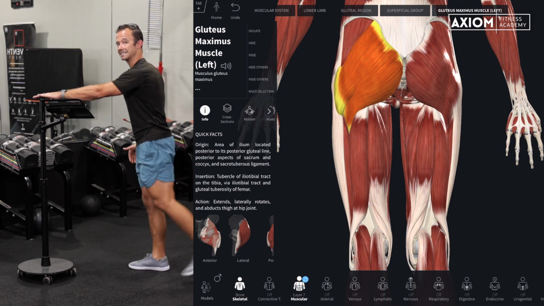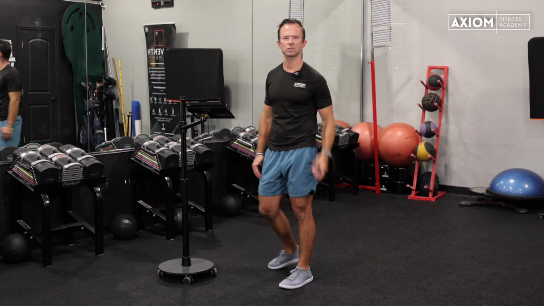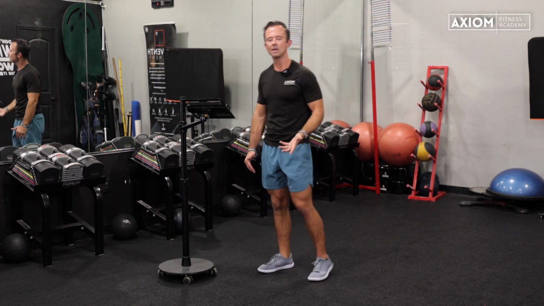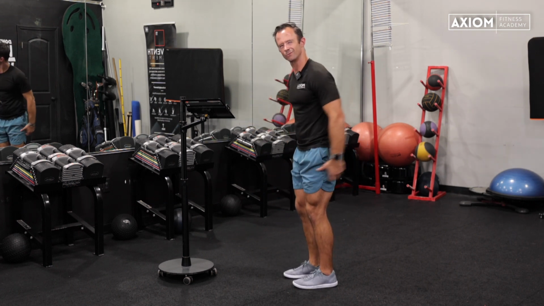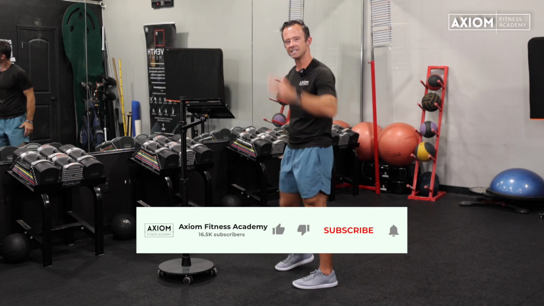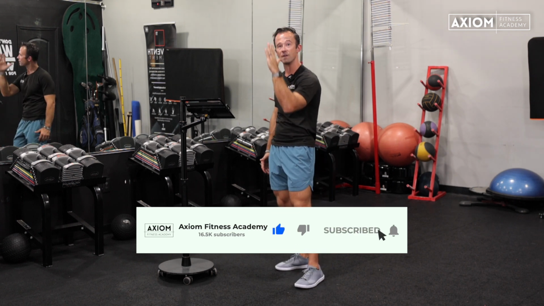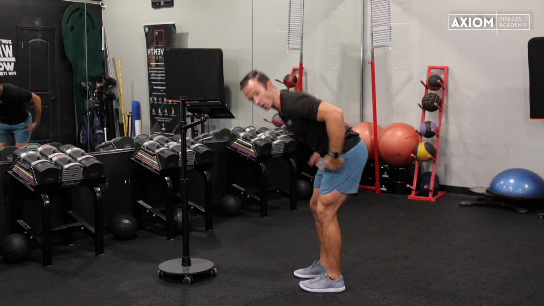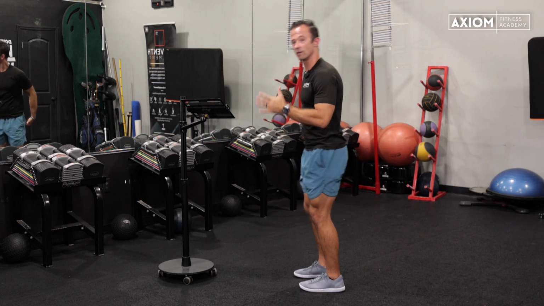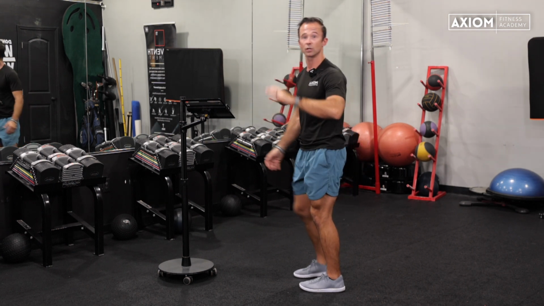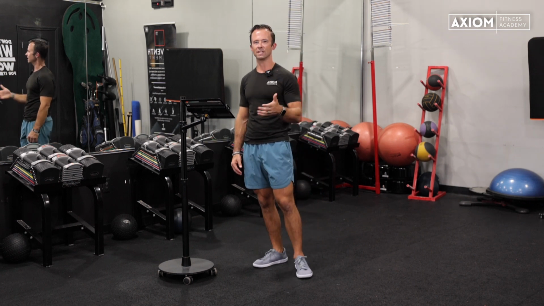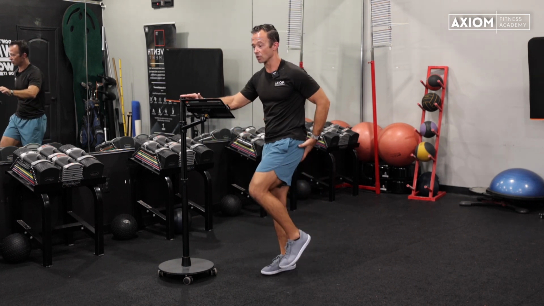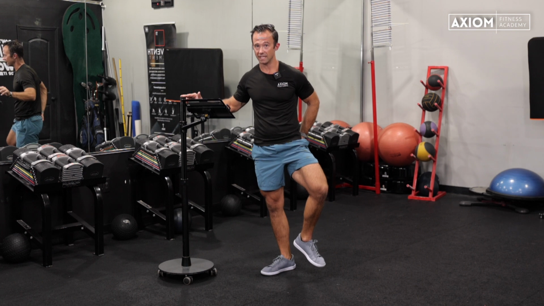They also extend the hip, which probably makes sense because if we start thinking about exercise we already talked about, we mentioned that the hamstrings work with hip extension. Well, the glutes also do as well because they have somewhat of this vertical fiber run. And if we think about RDLs or hip extension, more of a sagittal plane type motion, the glutes are definitely going to work there. So the glutes are big, big extenders of the hip, but they are also external rotators of the hip,